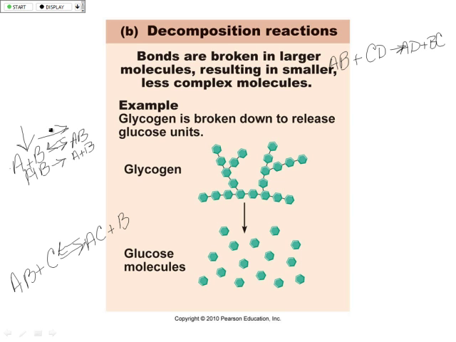Does that make sense? If I add something to one side of an equilibrium reaction, in this case more A and B, let's say I have sodium and chlorine, a beaker of sodium chloride. If I add more separate sodium and chlorine to the beaker, we're going to cause that reaction to be driven to the right. So all of a sudden I'm going to start making more sodium chloride at a faster rate